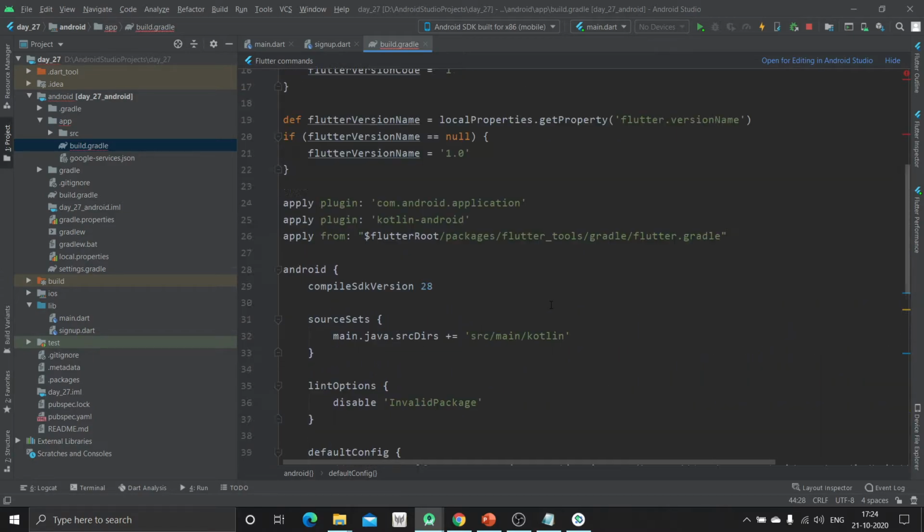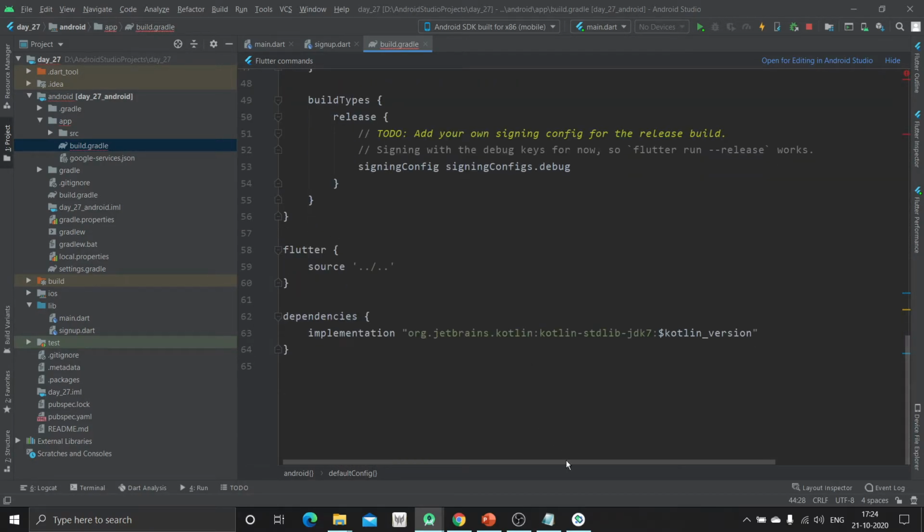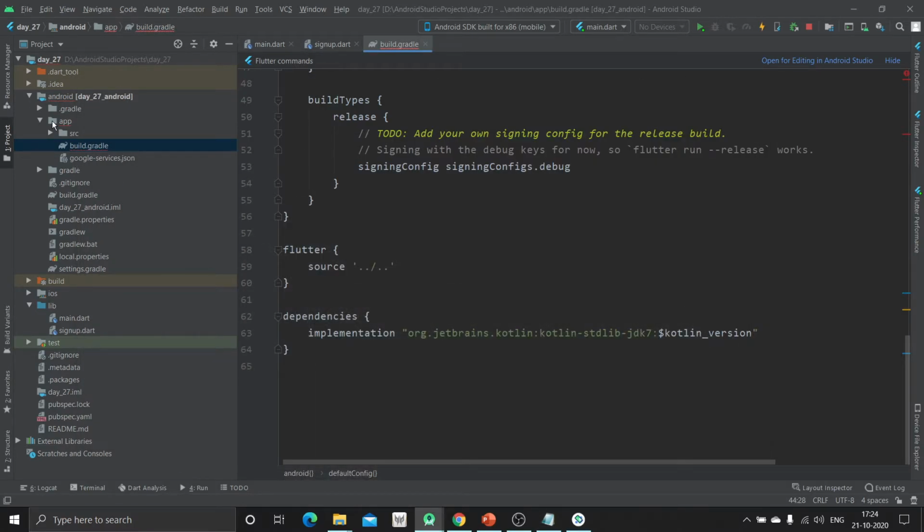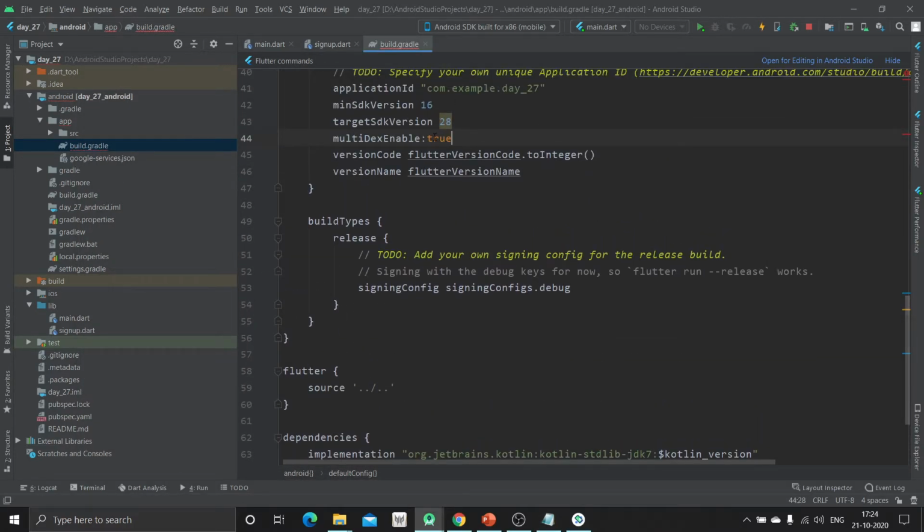Again we have to add some plugins. Here is one notepad file that I will share with you. First of all we have to paste this multiDex enable inside the app level Gradle file. This is the app level Gradle file.